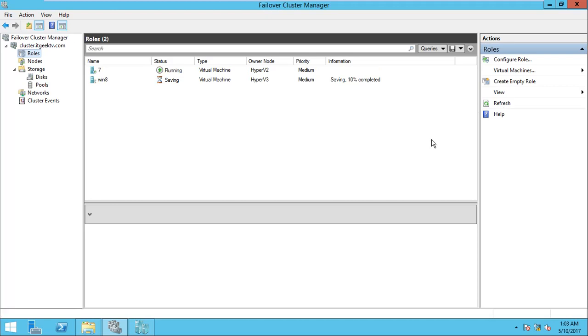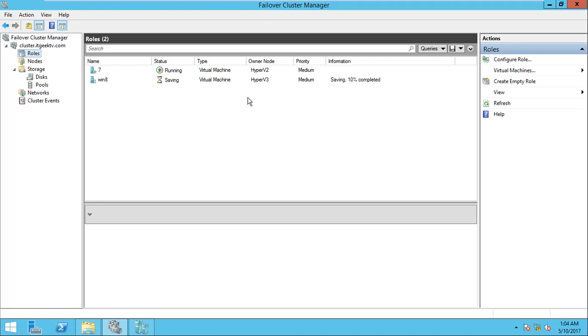As I have stopped the cluster service, you can see that Hyper-V 3 is down. There is also a bit of information: whenever you set the policies, the live migration will not occur if you have ticked it for a particular Hyper-V host, so it will definitely go into the safe state. Based on the policies, it will power on or will not power on.